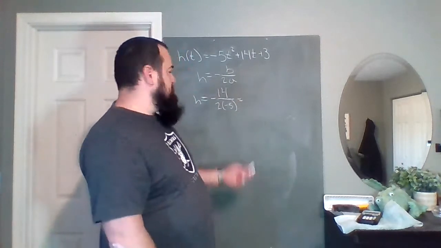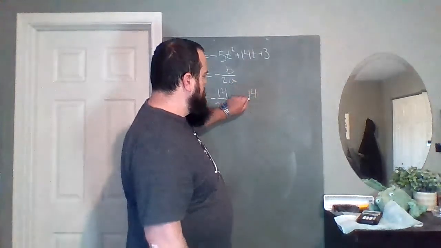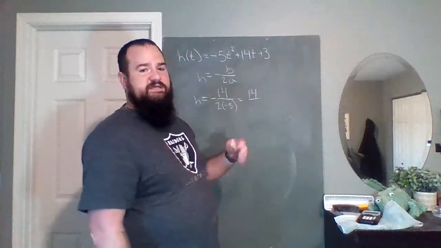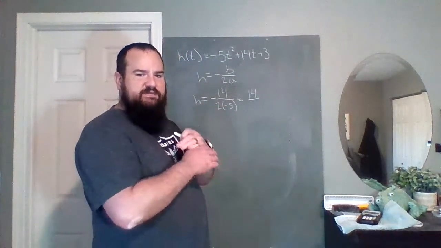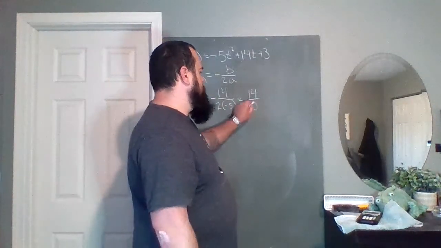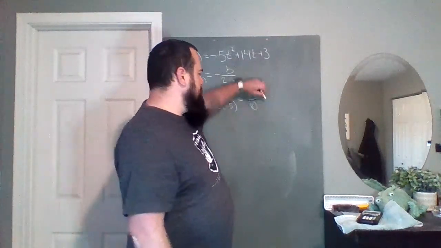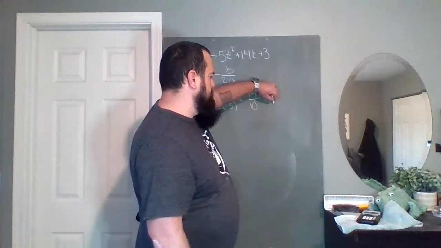We're going to simplify this, so I've got 14. 2 times -5 is -10. But I already have this negative out here, so the negative and the negative cancel, and we just have 10. So we have 14 over 10, which is just a lovely